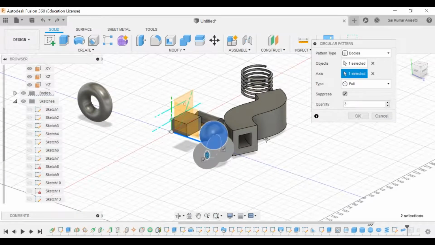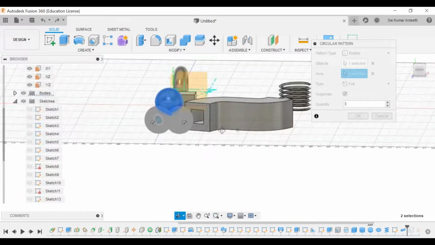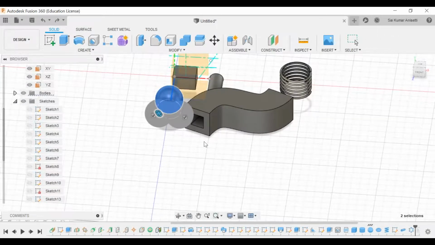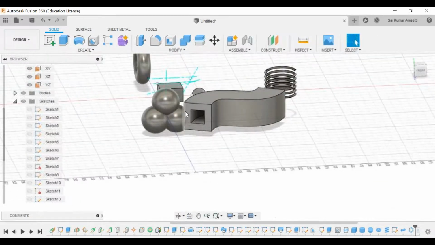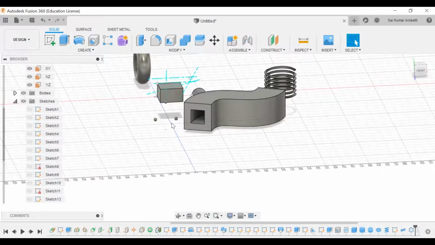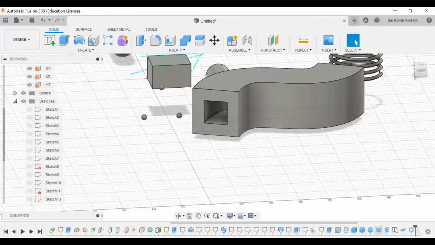This as my Z axis. Click OK, quantity. That is how I revolve, because these are actually very near to each other to maintain a sphere. If I change the size of the sphere to, let us say, 10 mm, then it will be visible. This is circular pattern.